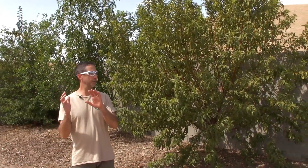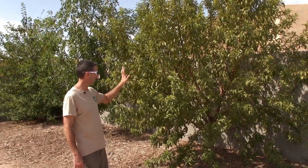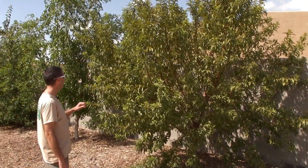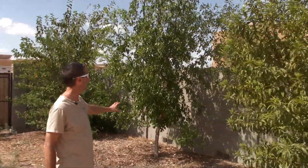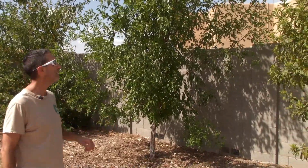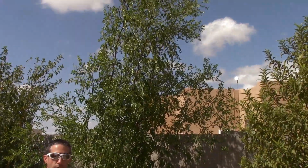Okay, so as we continue to move down this western wall, this would be another Florida Prince peach tree doing fantastic. This tree, again, about 2.5 years old at this point, doing really, really well. Another tree back here that we have not gotten any fruit off of yet, but a very impressive tree, that is a Sherwood jujube. So definitely a tree that we will be bringing with us or putting into the new